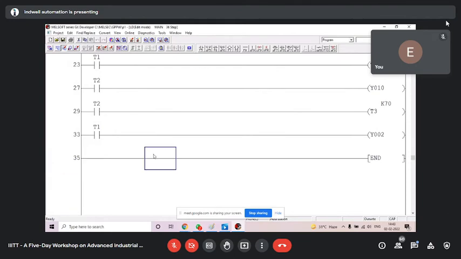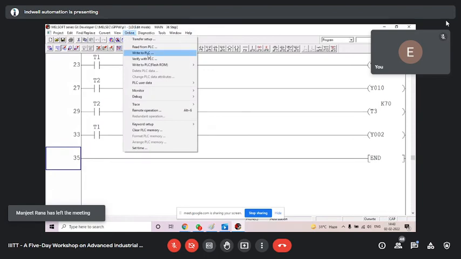So once more, let me tell you how to download. After communication, you go to the last ladder. This is for Mitsubishi. For other software, you do not have to select all these things. Directly you can send it. So go to the last ladder, check how many steps, 35. Now you go to online, write to PLC.